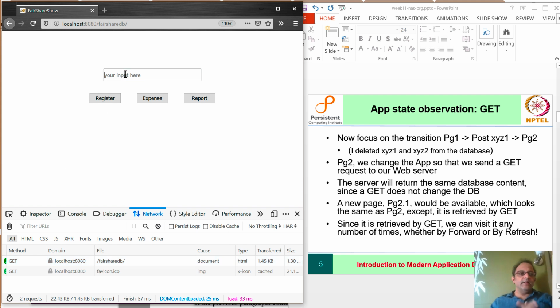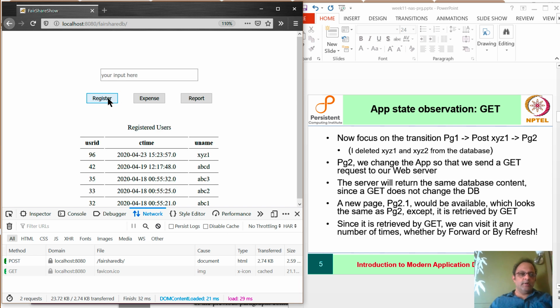And because I have deleted all the new users, I can reinsert that user again. And then suppose that I do what we did last time, which is put XYZ2 and hit register, and fair enough, we have XYZ1 and hit it, and we got XYZ1 as the user.